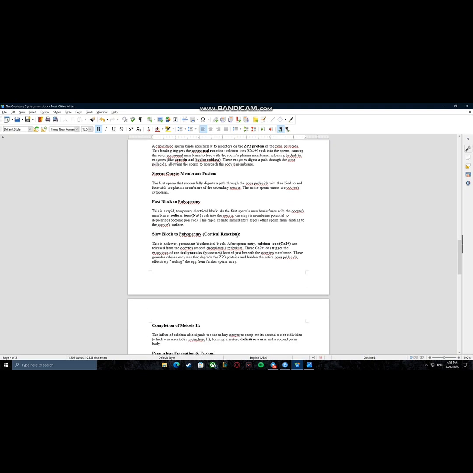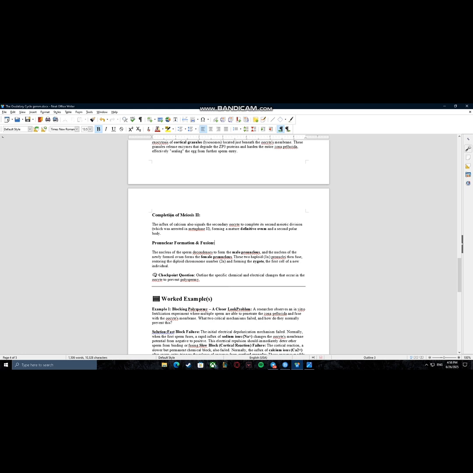The slow block, or cortical reaction, is a slower, permanent biochemical block, which involves Ca2+ released from the oocyte's smooth endoplasmic reticulum. These Ca2+ ions trigger exocytosis, meaning expulsion of cortical granules, which are like lysosomes, a type of breakdown molecules located just beneath the oocyte's membrane. These granules release enzymes that degrade the ZP3 proteins. This breakdown leads to a hardening of the zona pellucida, making it a more hardened structure and sealing the egg from further sperm